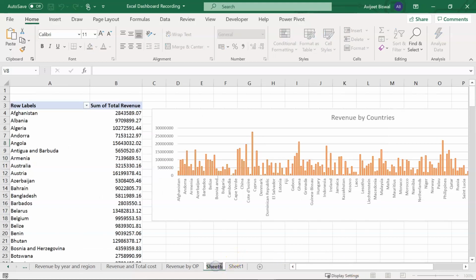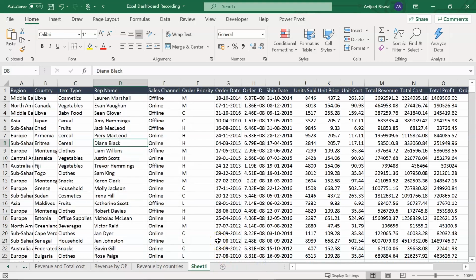Now let me go ahead and rename this sheet. So I'll write revenue by countries and hit enter. Okay, and finally we'll create another report which is going to be part of our revenue dashboard, and this is revenue by items.